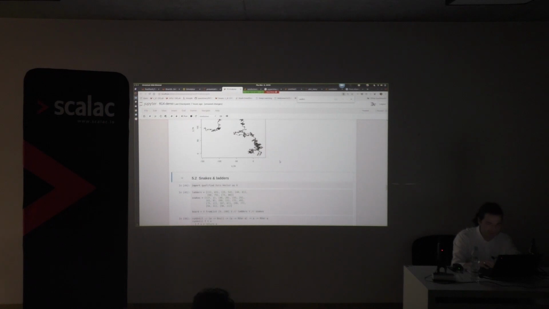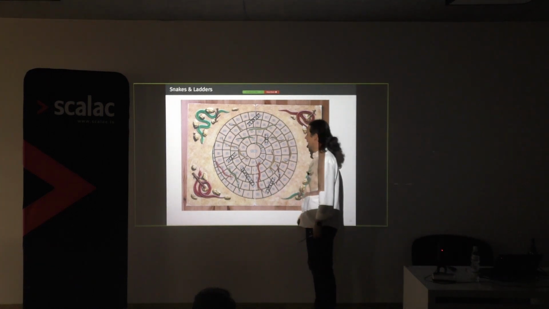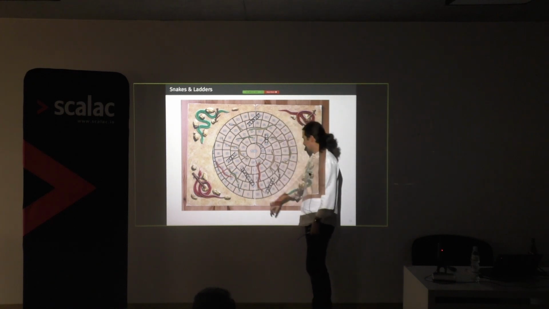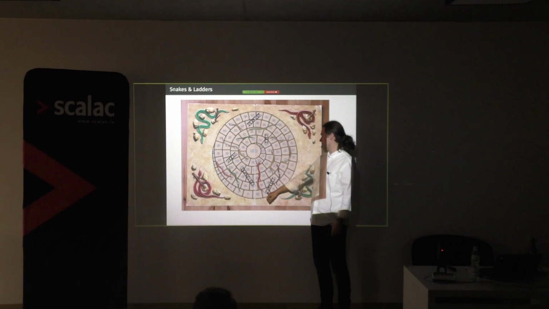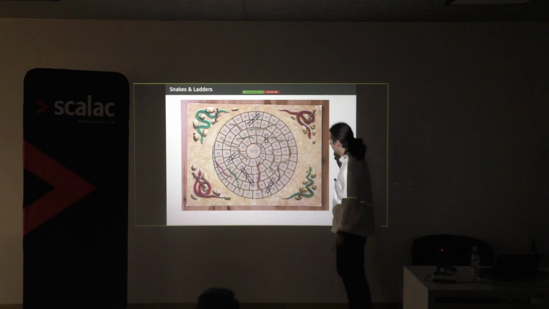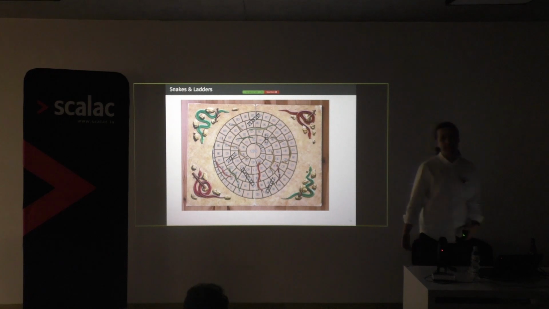Okay, the other example, snakes and ladders. Those who have kids maybe know this game and how annoying it can be. The game is pretty simple. You just roll the dice and you move your pawn, and when you hit the head of a snake, you go down. If you get to a ladder, you go up. But here, near the central point, you have a lot of snakes and very few ladders. So after 5 times, you go from here to here. You start wondering if it will ever end.